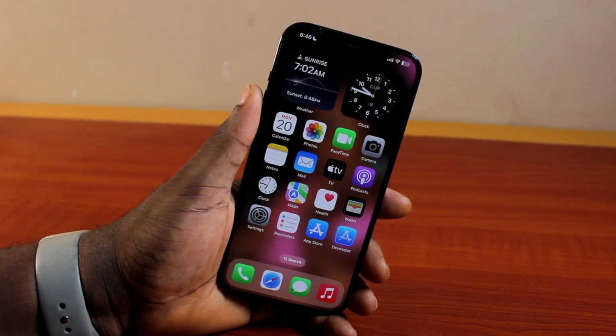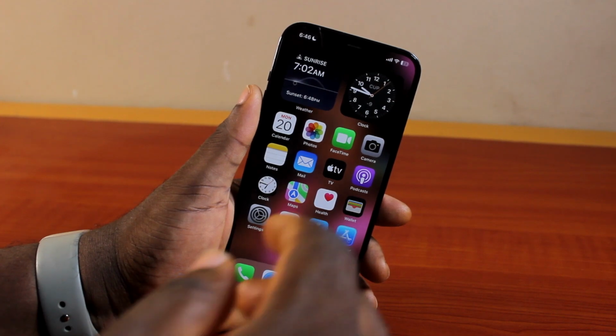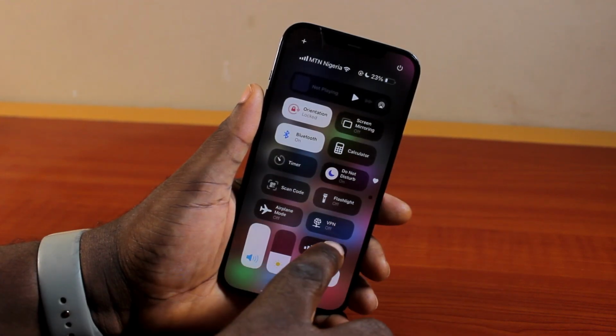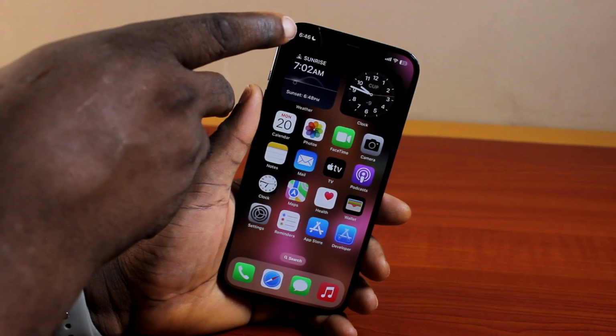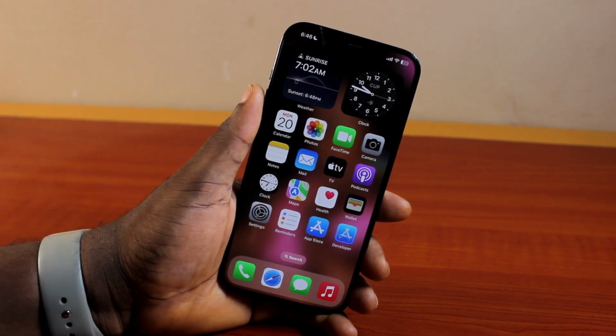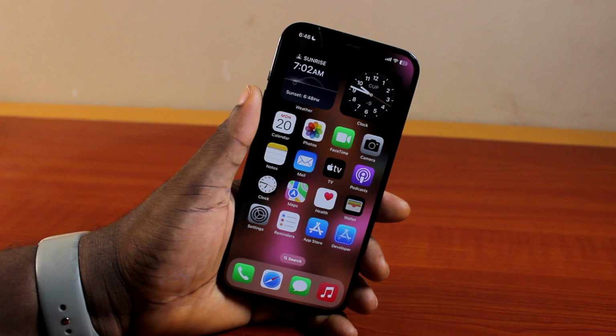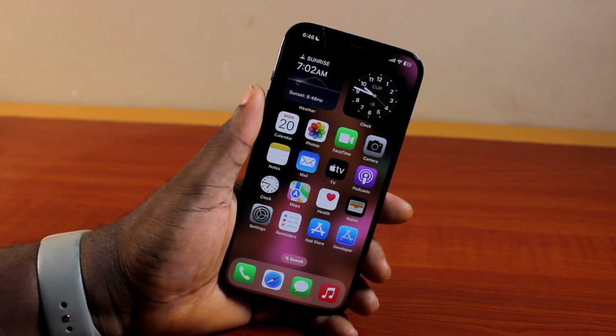Here, I'll detail how to turn off automatic focus on iPhone. So if your iPhone focus automates itself and it turns on automatically like my own does here, so you're gonna see the moon icon just beside the time dynamic island here, then this video is gonna walk you through how you can easily turn this off or disable the automatic focus